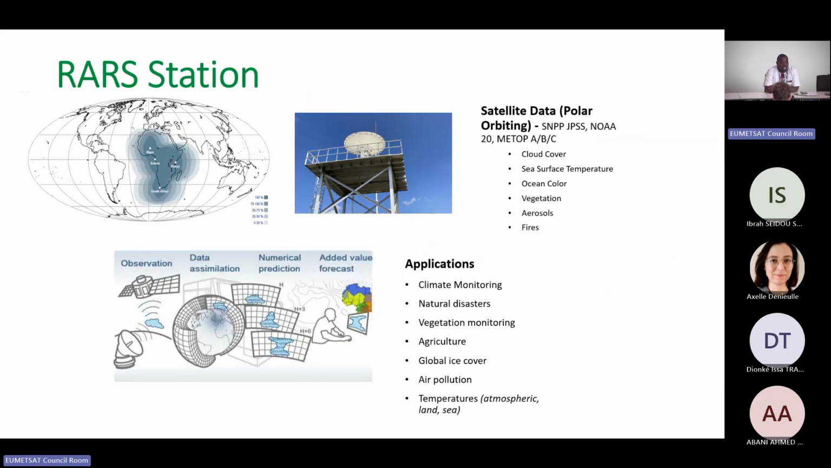In terms of the RAS station, this was installed through the SAWIDRA program, as the representative from ACMAD stated. It was installed in 2019, to provide access to polar orbiting satellite data from the NOAA satellites, the METOP satellites, and also the FY-3D satellites. And in terms of the applications, they included climate monitoring, natural disasters, vegetation monitoring, agriculture, air pollution, and also